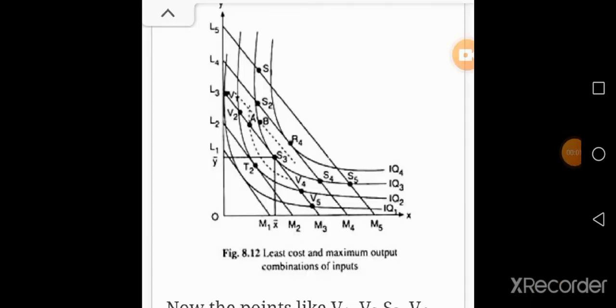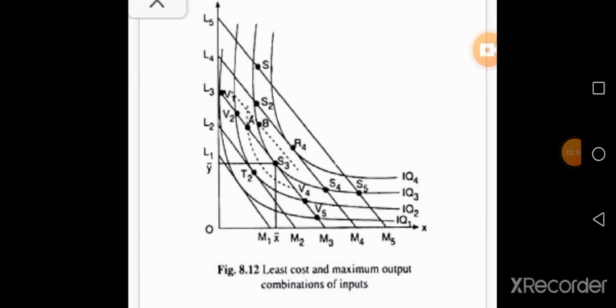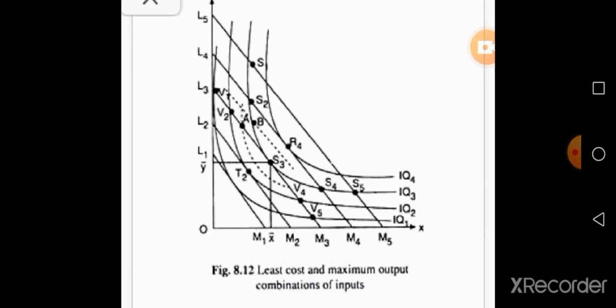This graph shows the least cost combination of inputs. In this graph, we take labor on the y-axis and capital on the x-axis. In these situations, the straight lines are called isocost lines, and the convex or curved lines are called isoquant lines. In this least cost combination, the point where the isoquant curve touches the isocost line